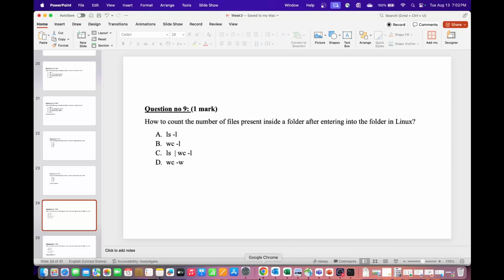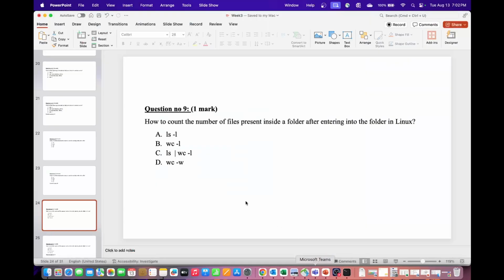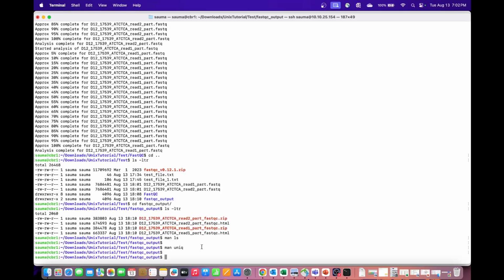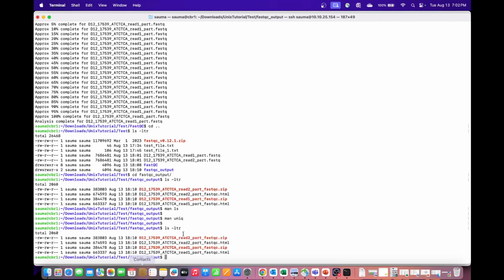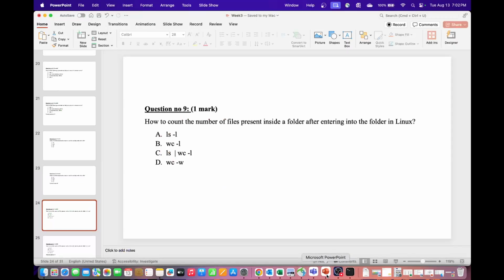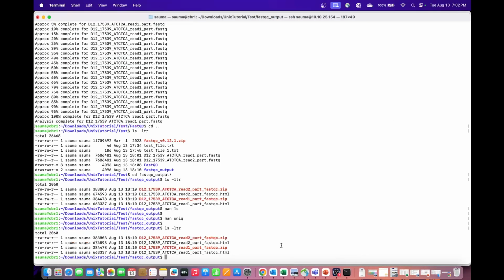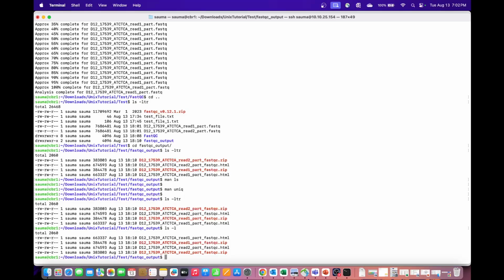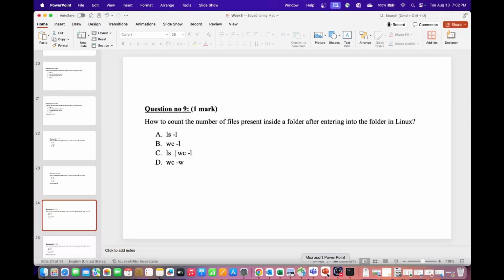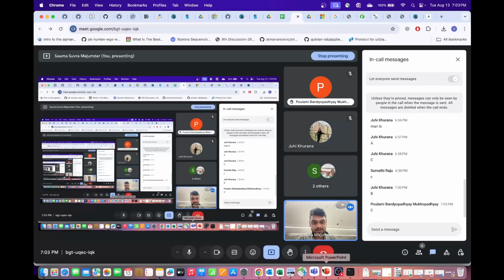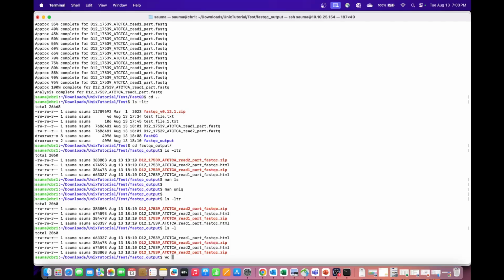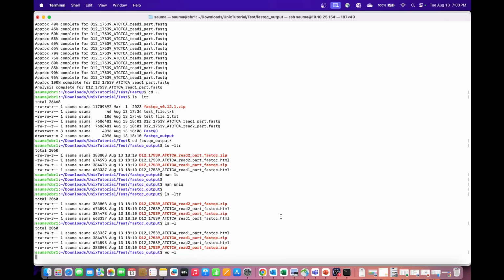Let's actually, since nobody has answered this yet, try all the commands. These are all the files that are there, like 4 files here. So the first command is ls -l. ls -l doesn't give you the number of files in the folder, right? It just shows you the files again. wc -l, it won't, because it's a word count. Still, I'll run this. wc -l will not